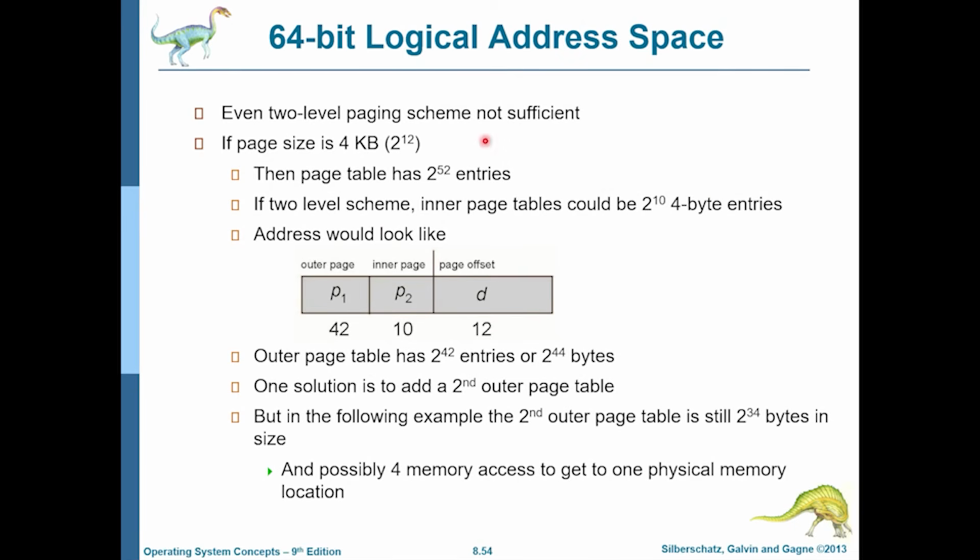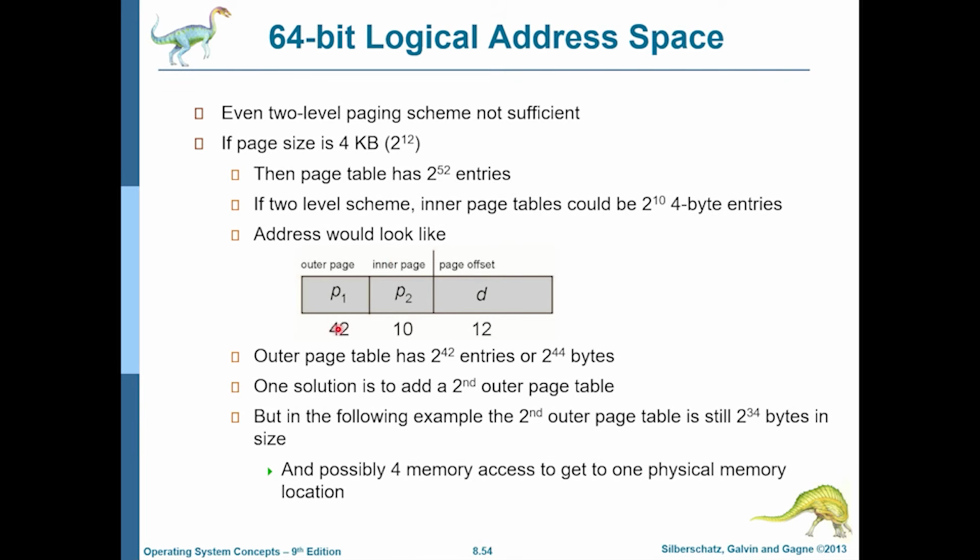So what happens if we have a 64-bit logical address space? If our page sizes are still 4 KB, that would be 12 bits for the page offset, and we are still left with 52 bits for the page numbers. And then if we do a split like this, of the outer page table getting 42 bits and the inner page table getting 10 bits,